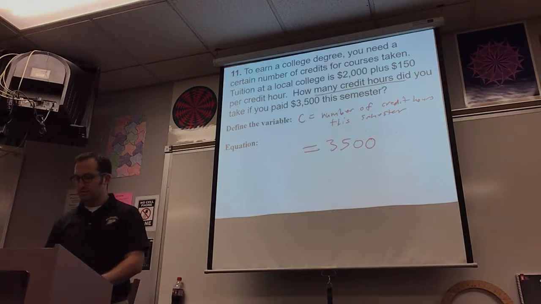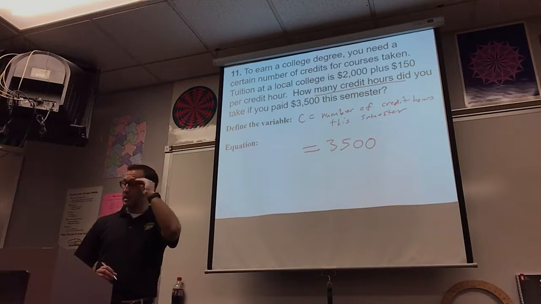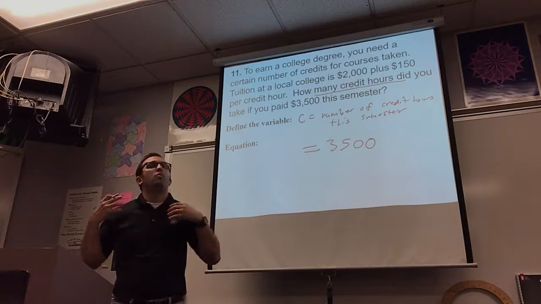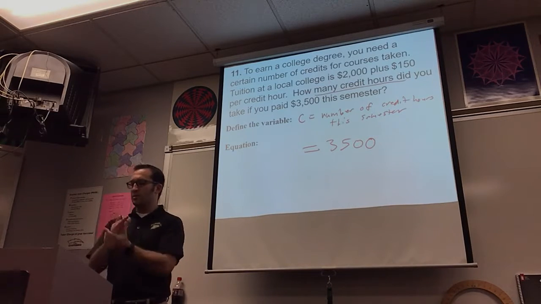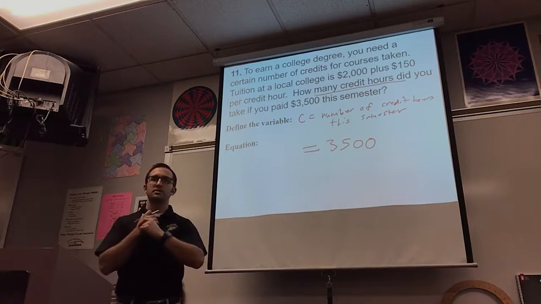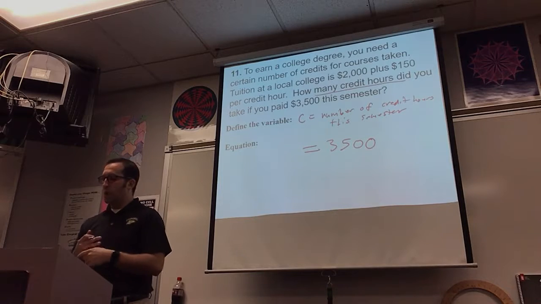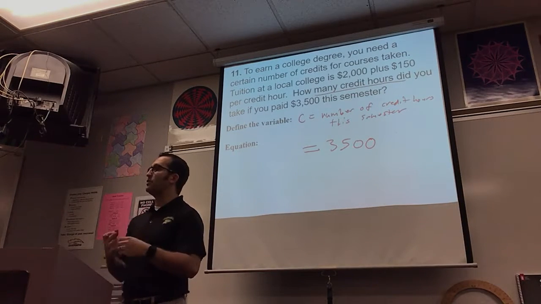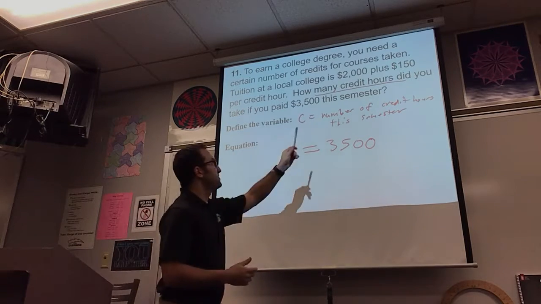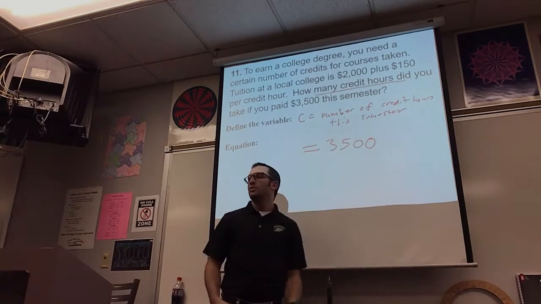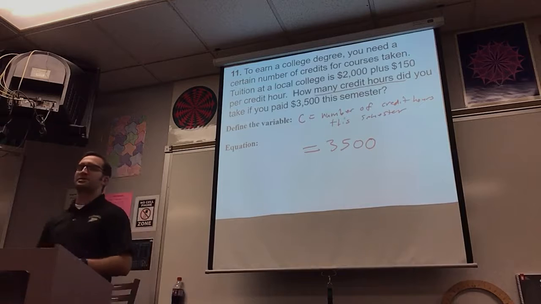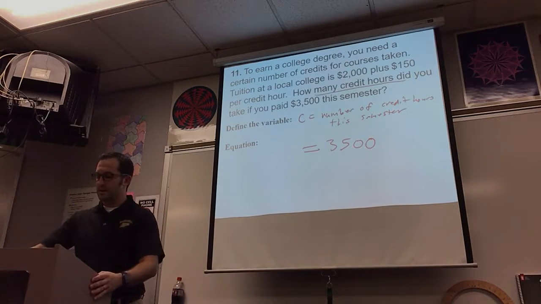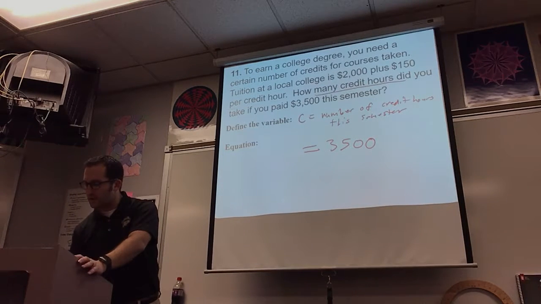What are those two numbers? $2,000 and $150. So what do we got? Well, it says right away tuition is $2,000. Is that going to change? No. $150 per credit hour. Is that going to change? Yes, that will change based on the number of credit hours this semester, which means that the 150 is the number that's attached to the variable, right? And those words per credit hour,